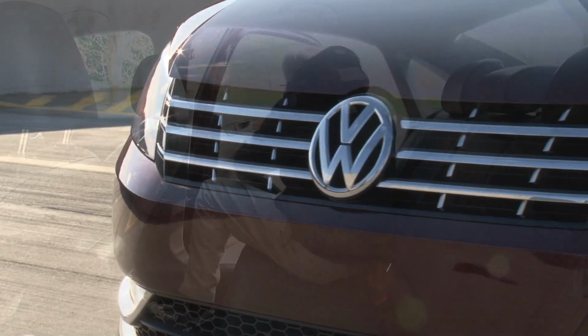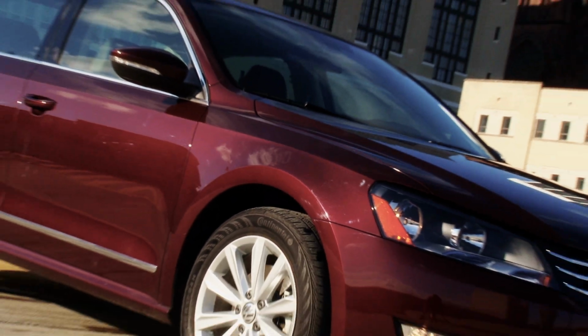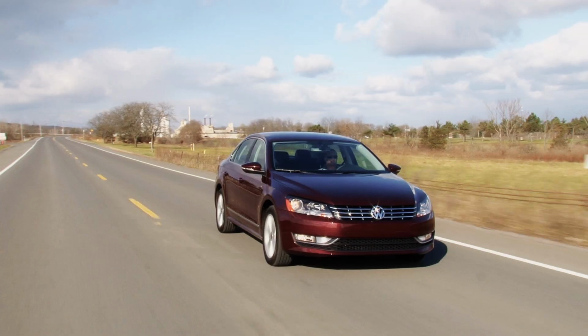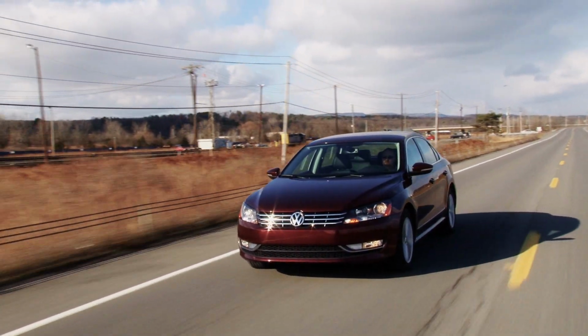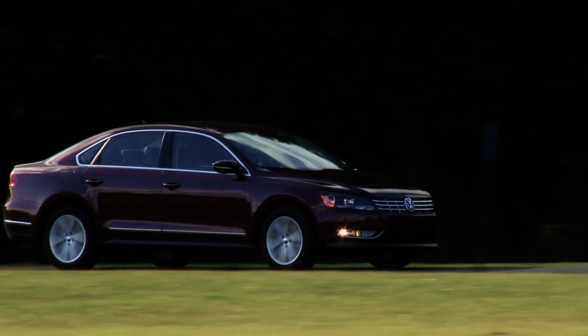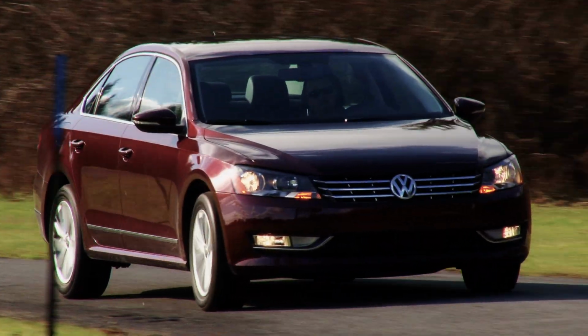The new grille design infiltrating VW's lineup leaves me cold, and in general, the Passat's redesign is particularly reserved in its appearance, bordering on blah, though there is a luxury car panache to it that I can appreciate. But most of all, I was moved by the Passat's ultra-sophisticated ride quality, steering, and handling, VW doing what they